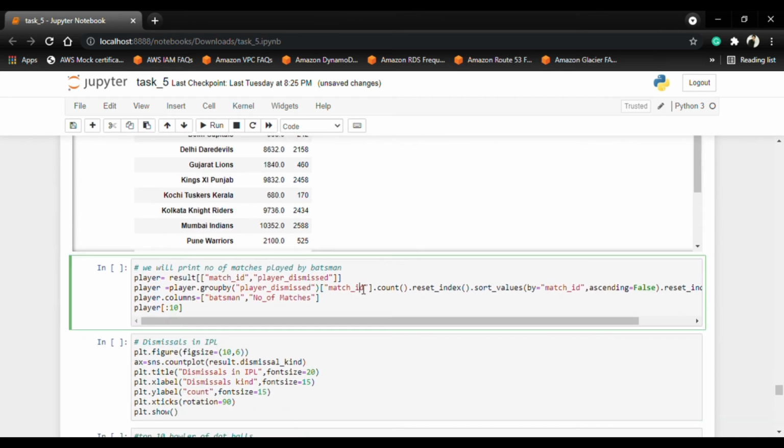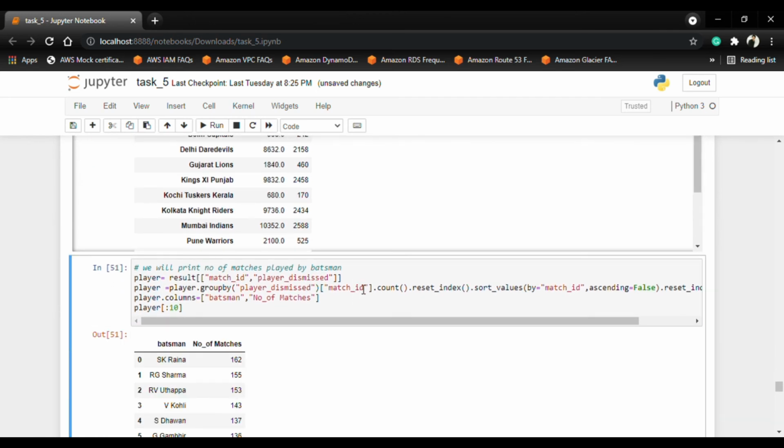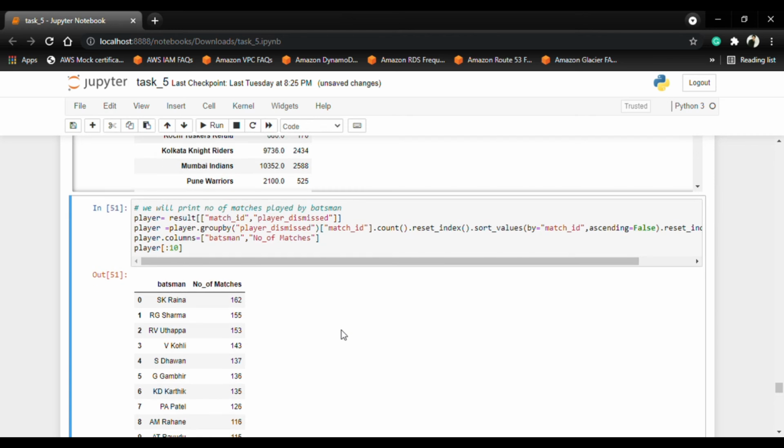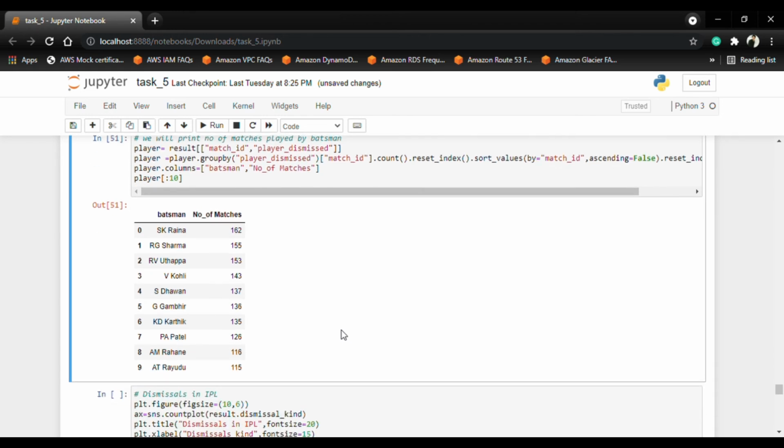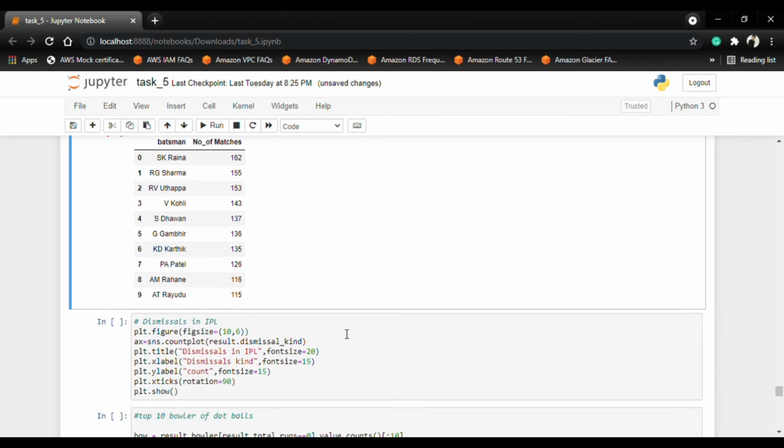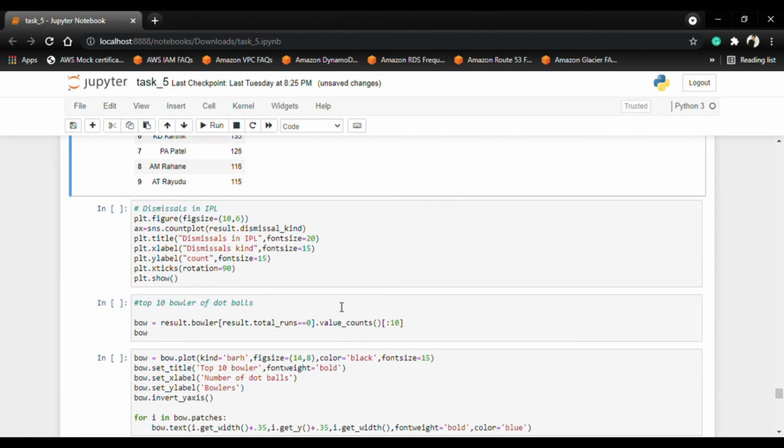And now we are going to print the number of matches played by the batsman. So SK Raina is more experienced. He played around 162 matches, and then RG Sharma. And next it's dismissals in IPL.